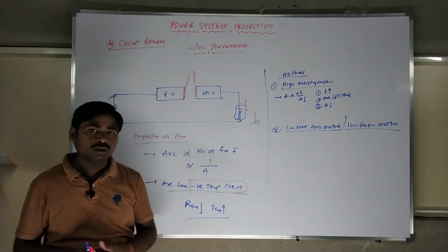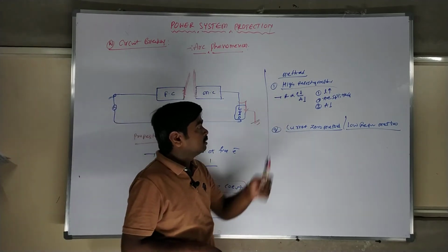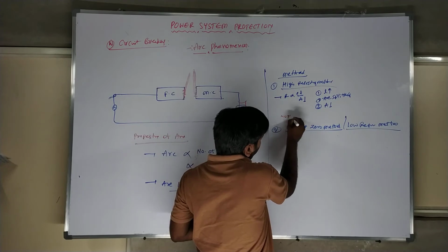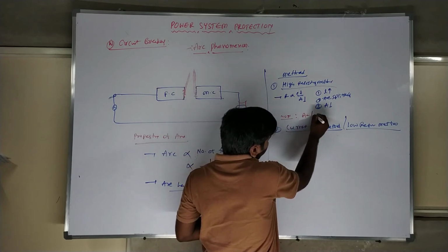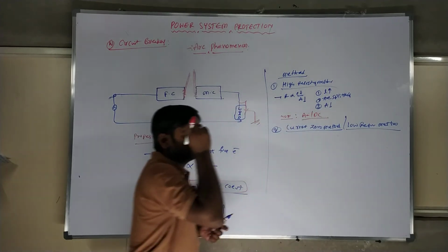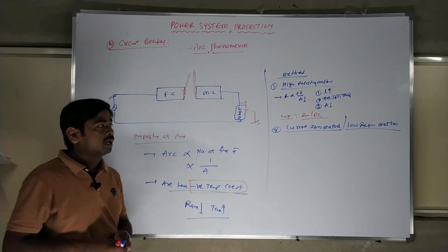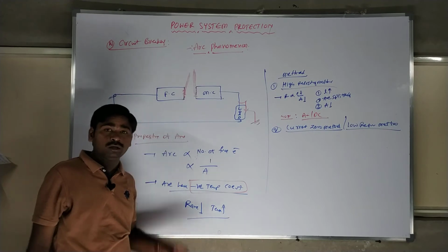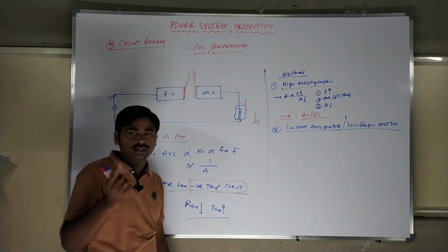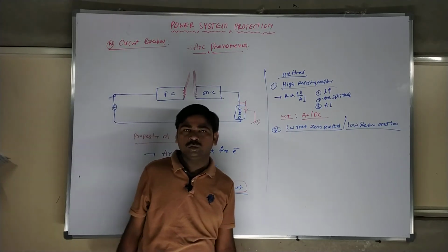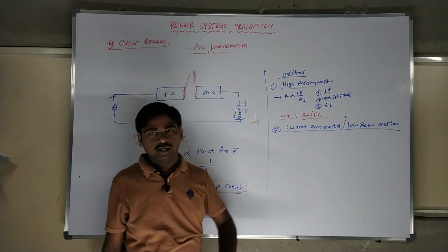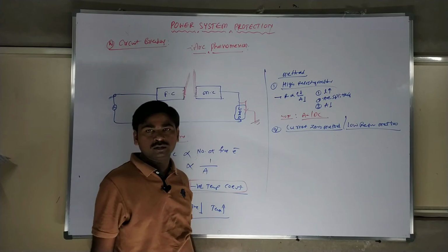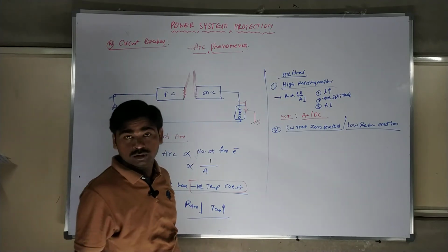Next, one more case. Generally, the high resistance method we can use, and the noteworthy point is, for both AC and DC supply. We can use it with AC power supply and DC power supply. One more important point: circuit breakers exist for AC lines and DC lines. Don't think that circuit breakers are only for AC. We have AC and DC circuit breakers, both. That is an important point. Both cases we can use the high resistance method.